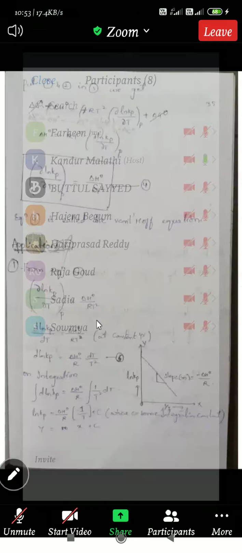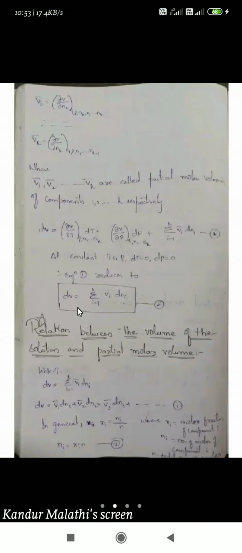Now using this equation, we obtain an expression for the relation between the volume of the solution, only V, not dV, since dV represents the change in the volume, and the partial molar volume. That is what was done in the last class. We have taken this particular equation as it is here. Now dV equals, now you remove the summation and substitute all the values of i from 1 to k. What can I write? V1 bar dn1 plus V2 bar dn2, V3 bar dn3, V4 bar dn4, V5 bar dn5. Like this, you can write it for all k components.